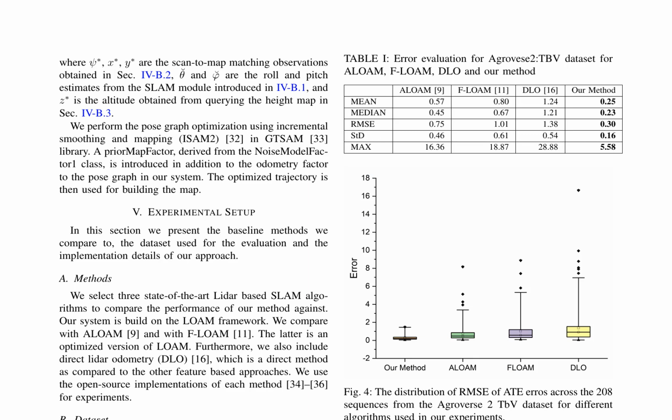The authors present a lidar-based simultaneous localization and mapping (SLAM) algorithm that leverages high-definition (HD) map components, such as drivable area maps and ground surface height maps, as prior information for pose graph optimization. The algorithm builds upon the LOAM framework and incorporates a keyframe registration strategy to compute prior map constraints. These constraints are then used in an incremental smoothing and mapping (iSAM2) algorithm to optimize the pose graph.